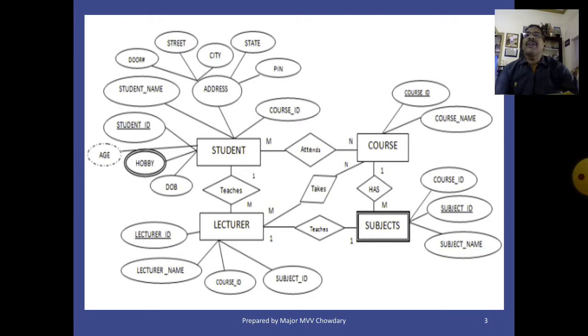Each simple attribute of the entity type becomes an attribute of the relation. The identifier of the entity type becomes the primary key of the corresponding relation. Entity name is nothing but the name of the relation or table. Attributes of the ER diagram are nothing but column names of the table.